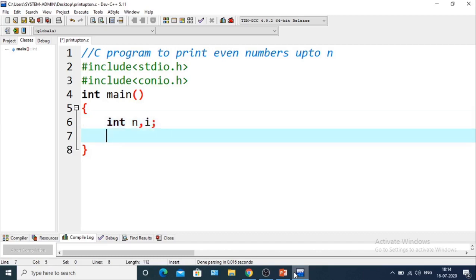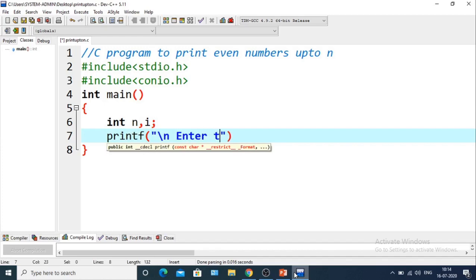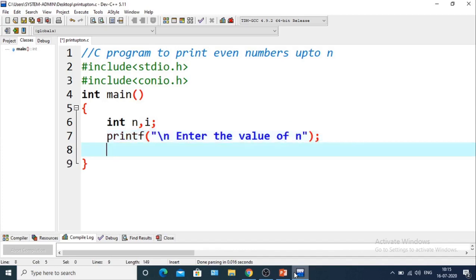Then printf "\nEnter the value of n", then scanf "%d", &n.